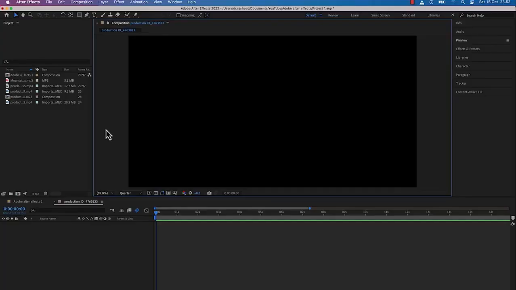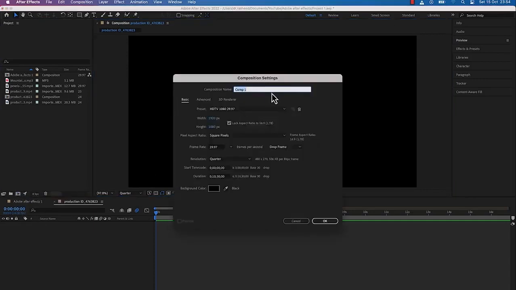Alright, so the next thing is we're going to learn how to animate our text in Adobe After Effects. To start animating our text, you have to create a composition. I've just shown a very quick way to create a composition. For example, you can come all the way here and click create a composition, and you can just give your details. For example, you can say text animation,